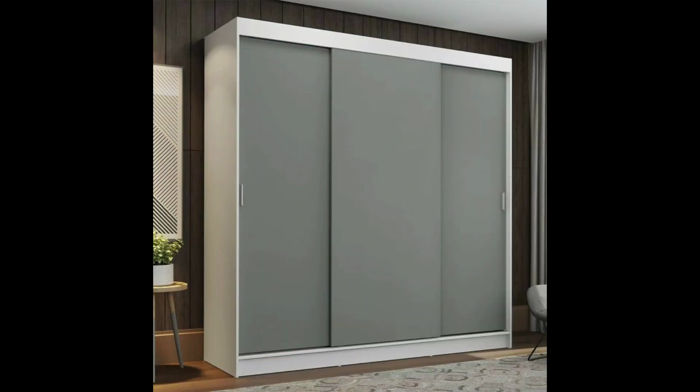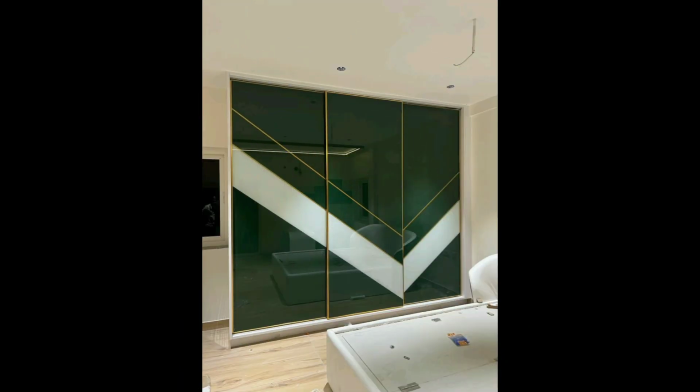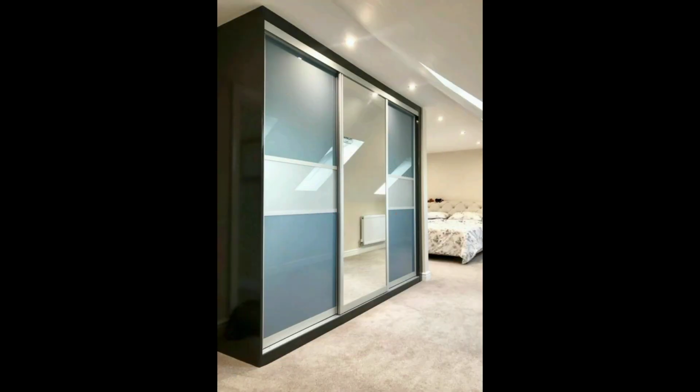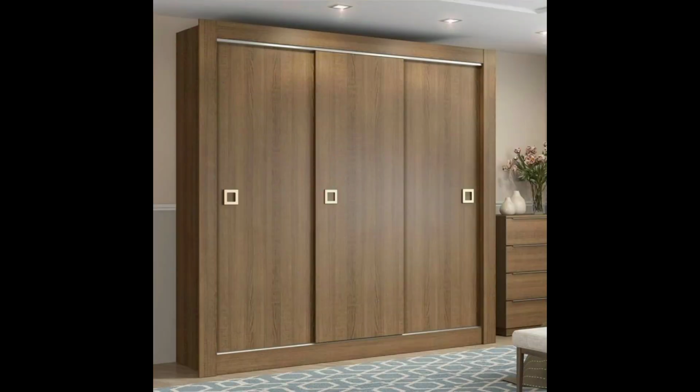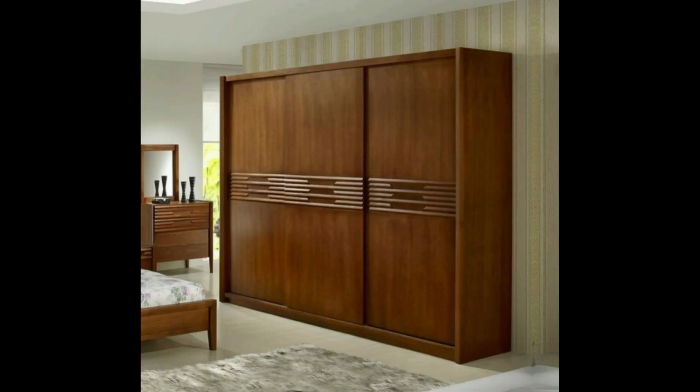First of all, think about the type of wardrobe which you want in your hall or living room. Freestanding or built-in wardrobes are the first two options you will have to consider. As we know, it is easy to move freestanding wardrobes from one place to another. So if you are living in a rental house, this can be a good option for you. In this category, you can buy a ready-made wardrobe, or custom-made wardrobes are